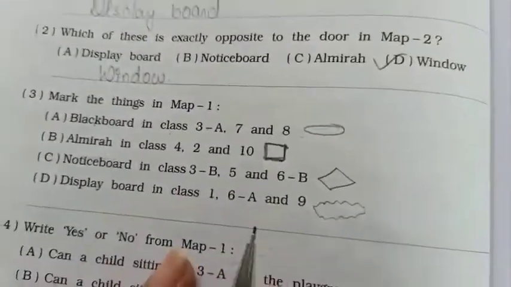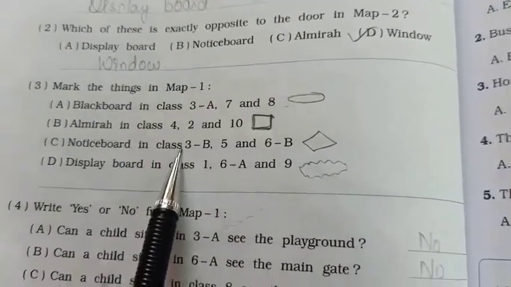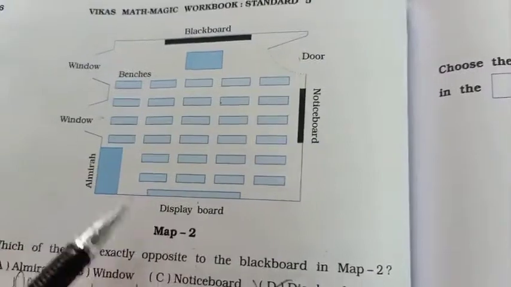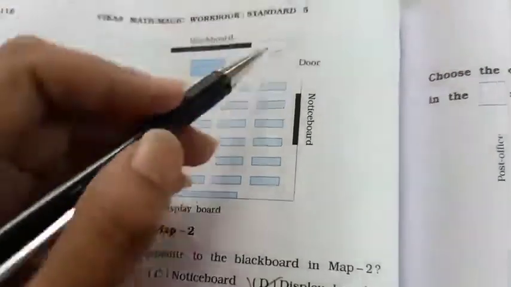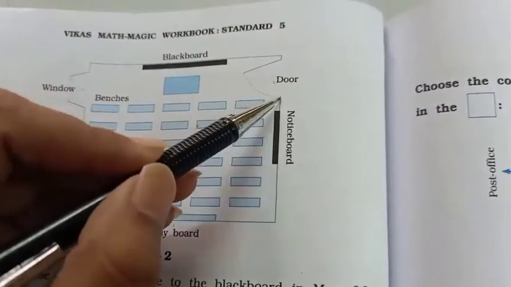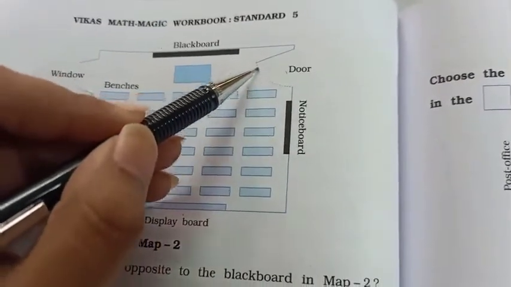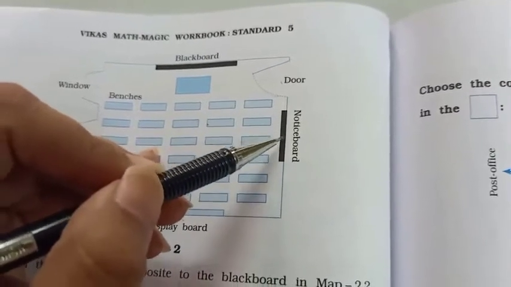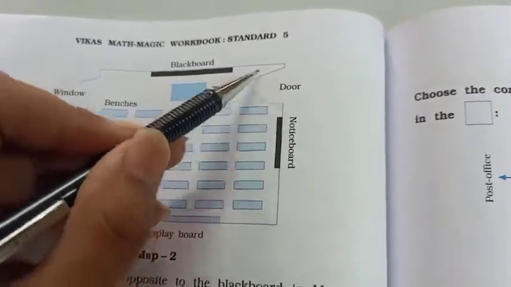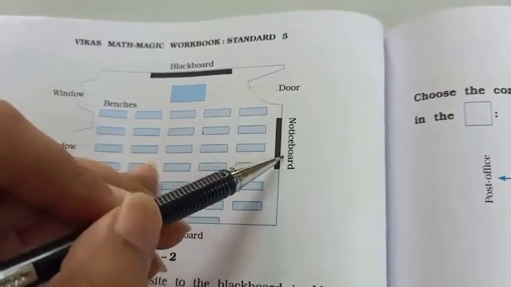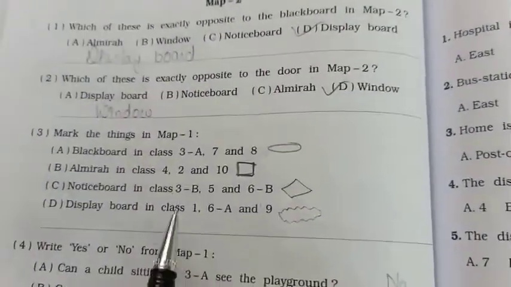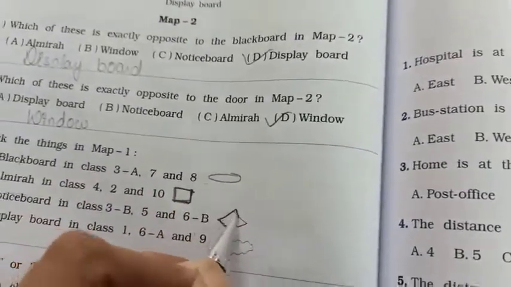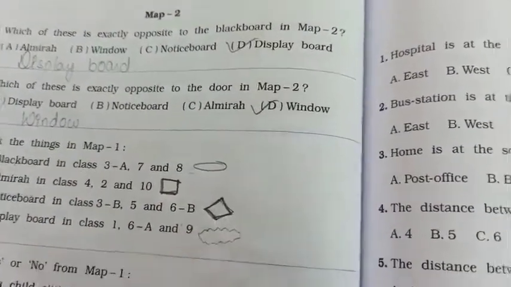C. Notice board you have to find out in class 3B, 5 and 6th B. Now notice board. So go to map 2. Where is the notice board? So the door. See, this is the symbol of door. Now the door, like this way a curve shape comes, na. On this side wall there is a notice board. Now remember this thing. So you have to keep in mind two things, the door and the curve shape, and then there is a notice board. Now which class do you have to go to? 3rd B, 5th and 6th B. And which shape have I taken? Notice board. So I have taken a diamond shape. Okay.